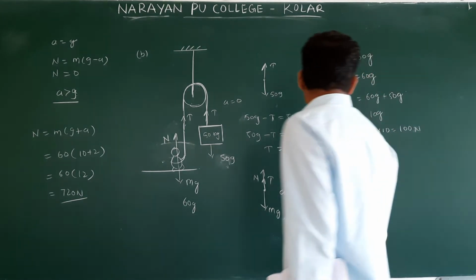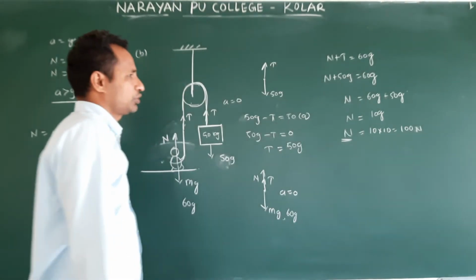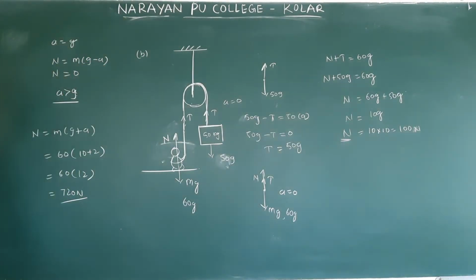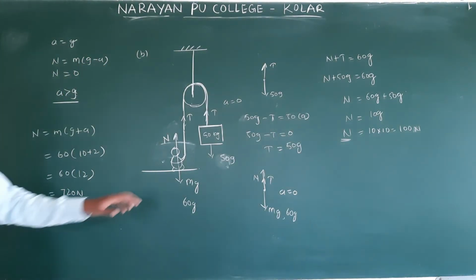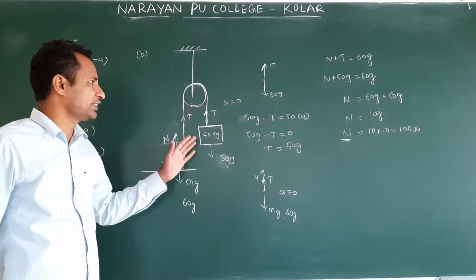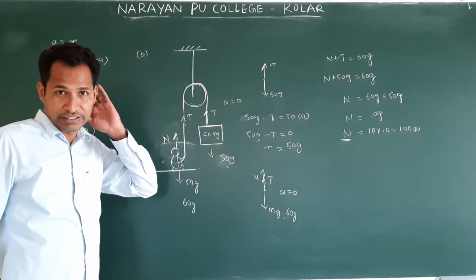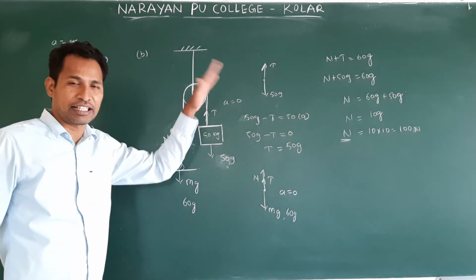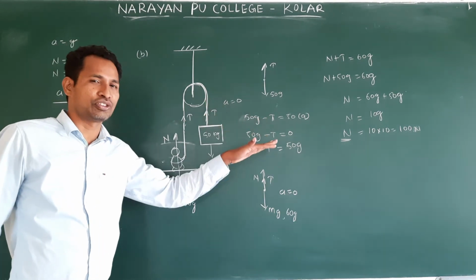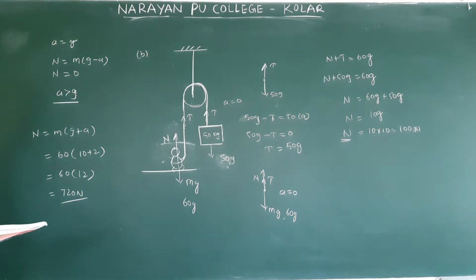Clear? So this N is contact force, that N is newtons, don't confuse here. Understand, if no acceleration is there, we can equate upward forces equal to downward forces. If acceleration is there, in which direction acceleration is acting, that we will decide. Based on that, the forces on that side we will write first, and then the opposite forces is equal to mass into acceleration. I hope you understand this problem.